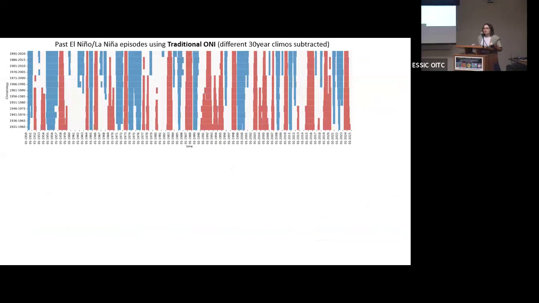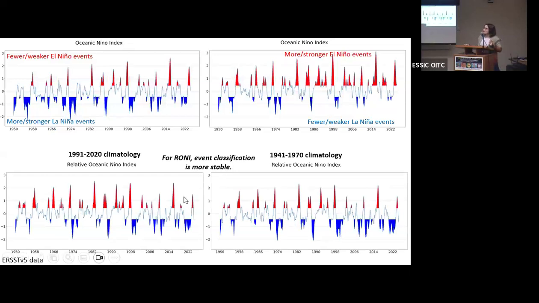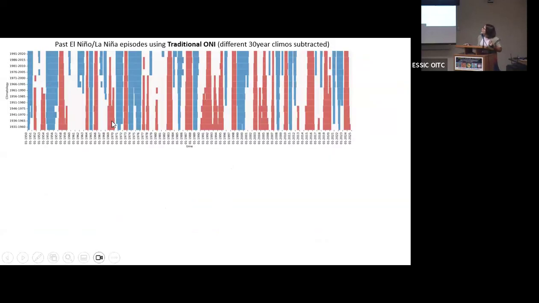Is this diagram. So this is like my mega plot, and I swear it's the same information you're seeing here, except now I'm doing kind of a heat map perspective where the blues are the La Niñas and the red are the El Niños using that NOAA definition. And this is time, starting in 1950 all the way up to the present. And then here are different 30-year climatologies that I'm applying to the whole record. So I'm using a single 30-year climatology, and I'm seeing where the La Niñas and the El Niños are.